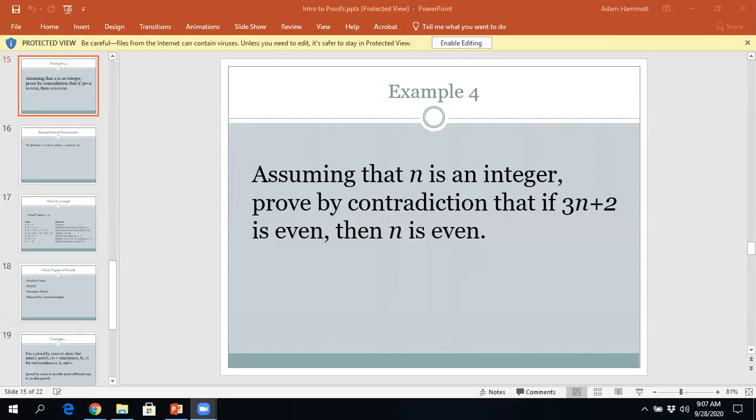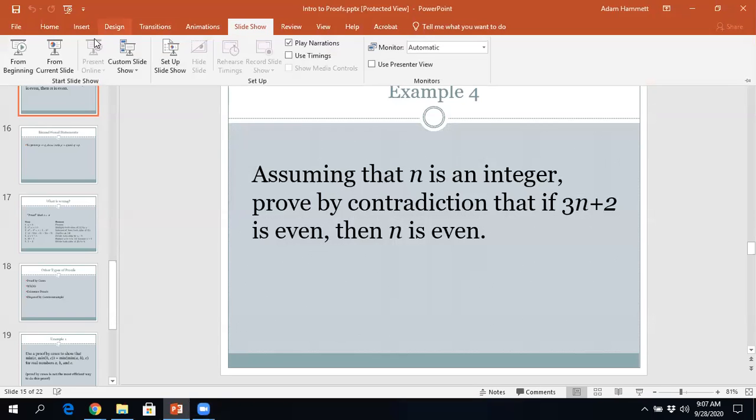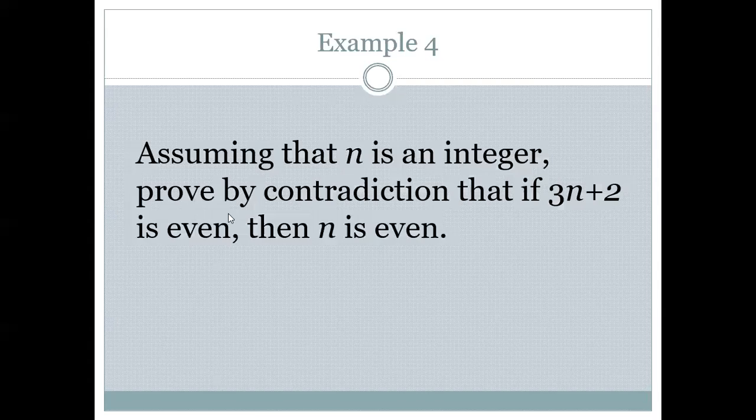I want to back up for a minute and just make sure that we are absolutely comfortable with something I was saying, okay? So we did a proof by contradiction last time, right? And